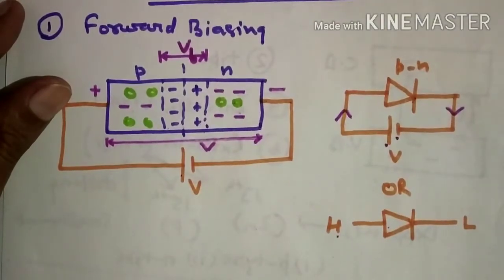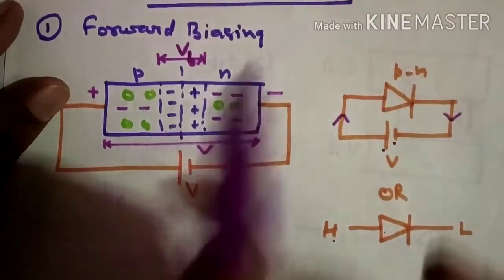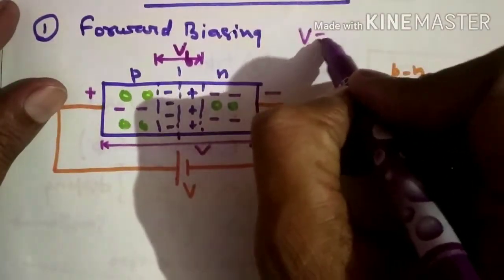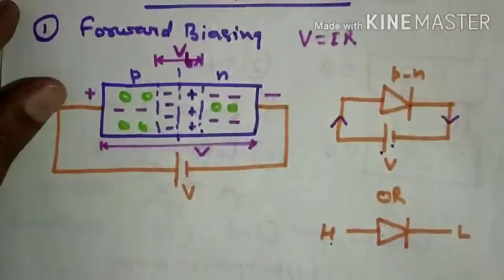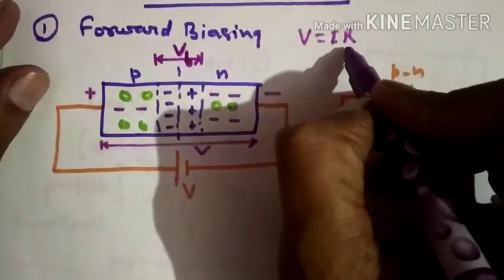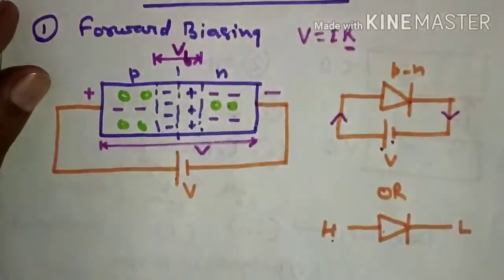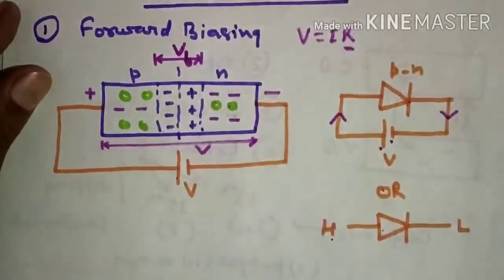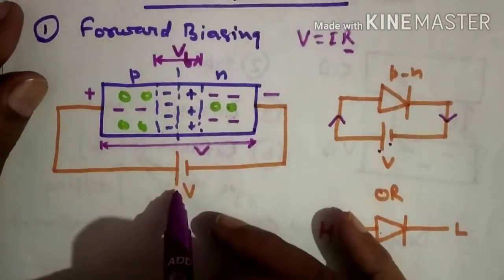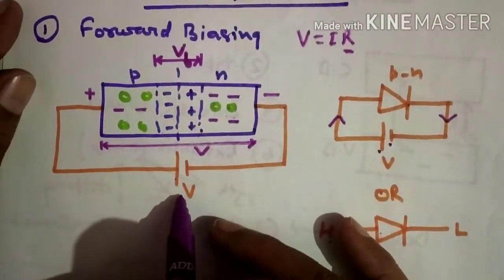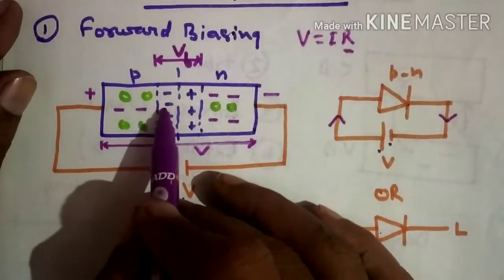Why is it so? Because, just remember the formula, potential drop equals I into R. The resistance of the depletion layer is very high in comparison to the rest of the part of the diode. So most of the fraction of this potential difference drops across this region,